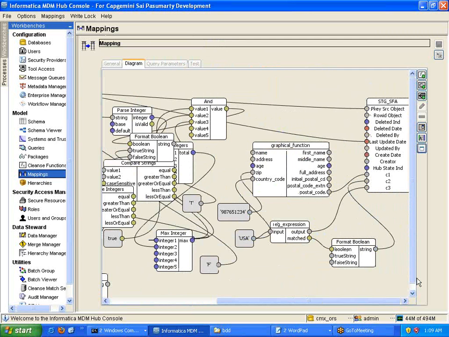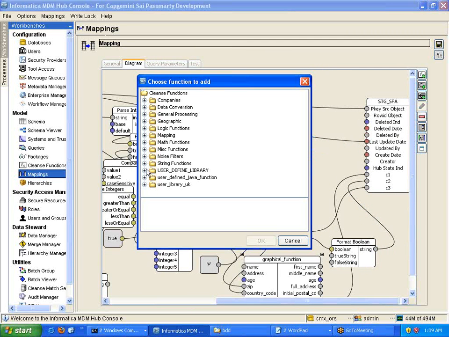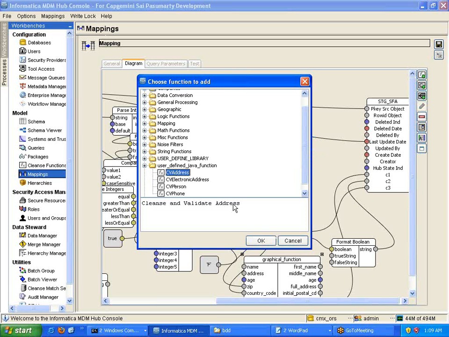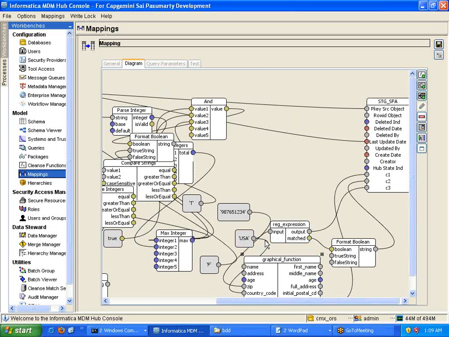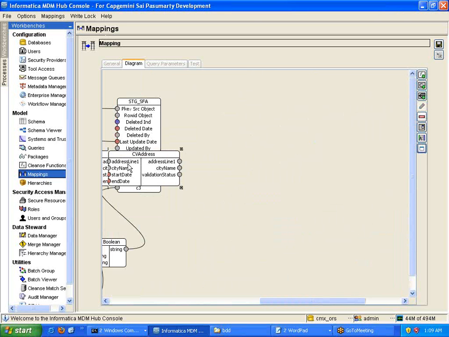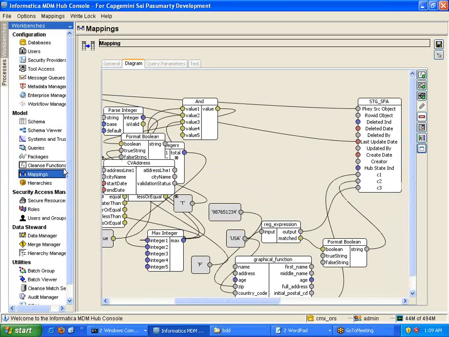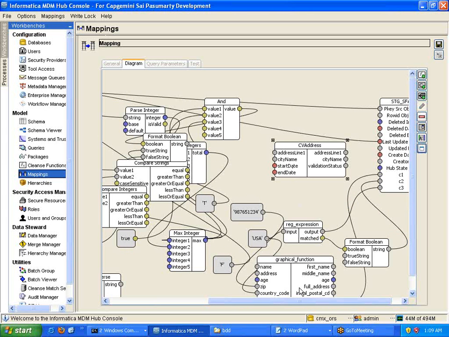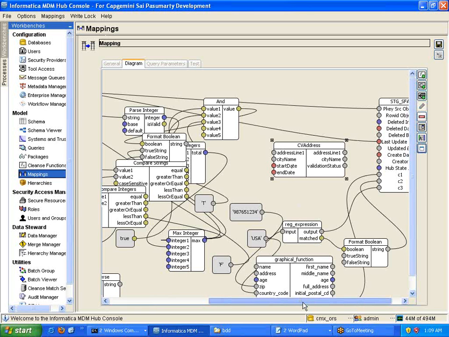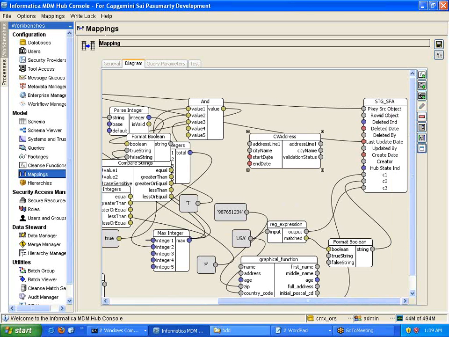Now go to this particular user defined Java function and select CV address, so that you will see here the different input ports. Can you see here address line 1, city name, start date, end date. These are all input ports. And there are 3 output ports: address line 1, city name, validation status.